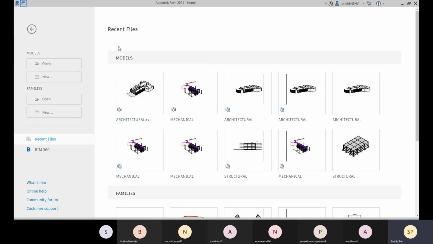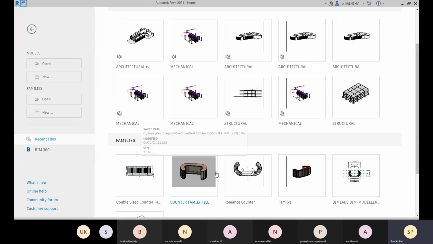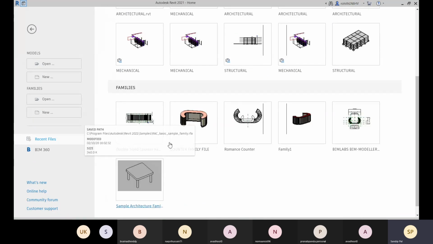Here you see that recent files are available, all the recent model files, and some family files which have been created and used. So these recent files are here, family files.